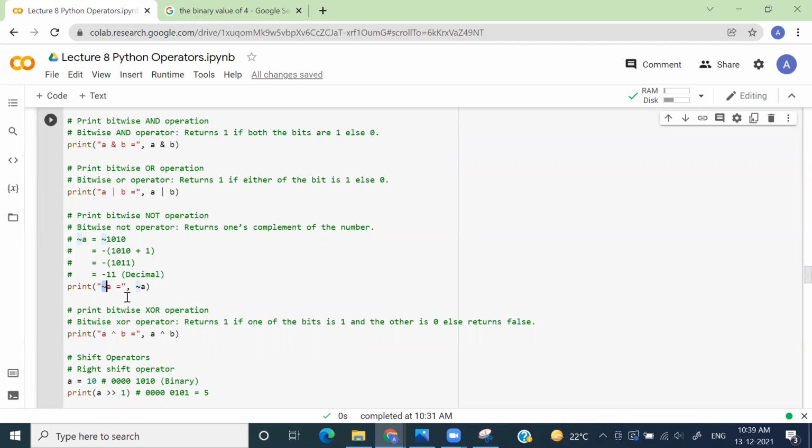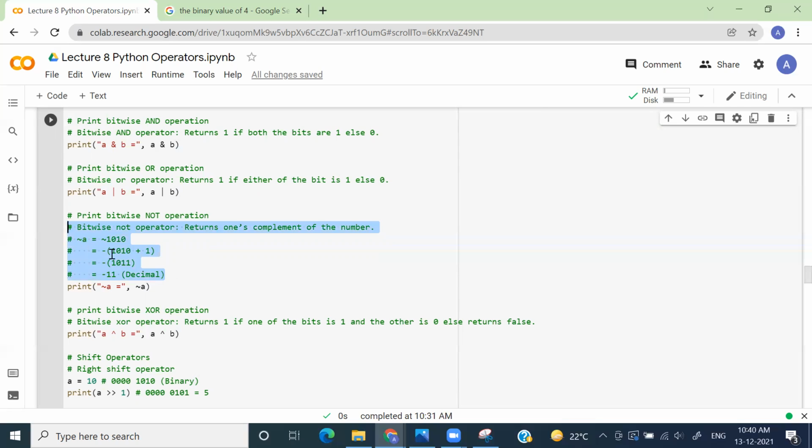How does the bitwise NOT operator work? Let's say I give an input to my variable x, and that input is equivalent to 10. For how it is equivalent to 10, you need to check binary to integer conversion. If I have to do the NOT operator, first I add 1 to it, and then I put a minus sign in front of it. So this becomes minus 11.